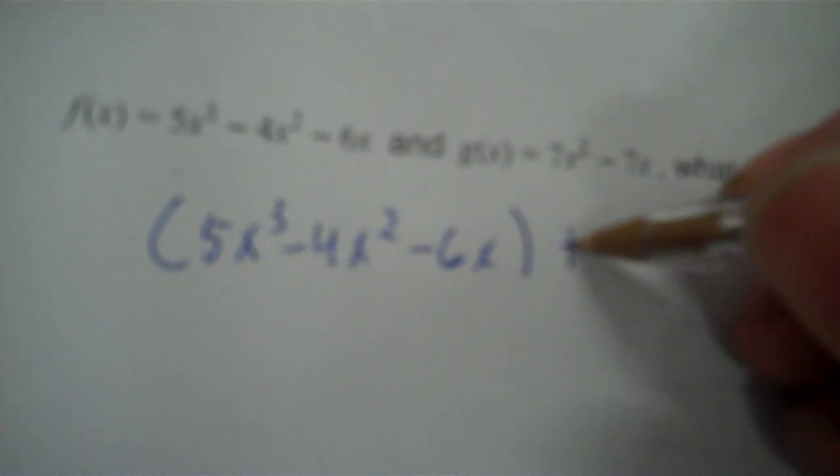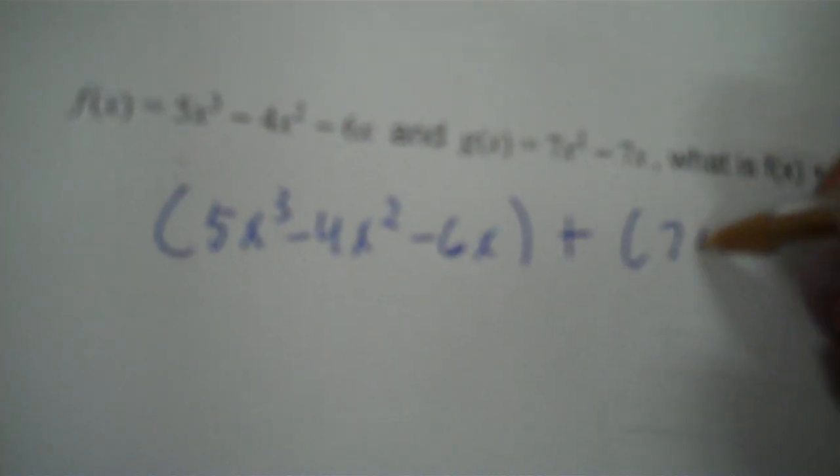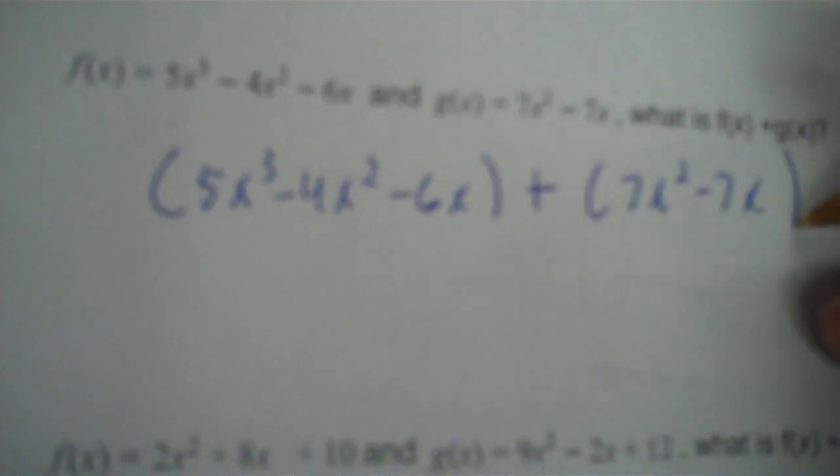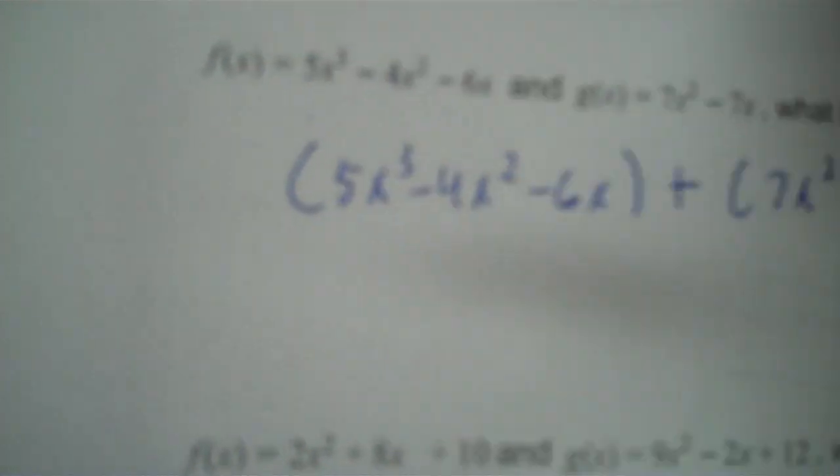Well, how about you just replace f of x with this? You need to put a quantity around it, okay? And then you add what the g of x is equal to. It's not that hard, okay? Now, you don't distribute, see, because between the quantities we have multiplication with the variables, but